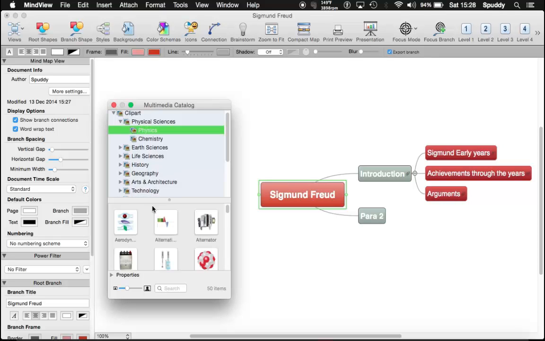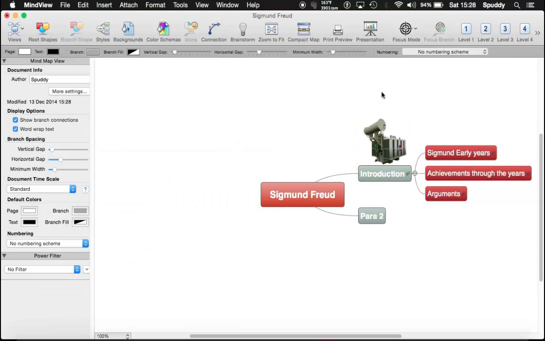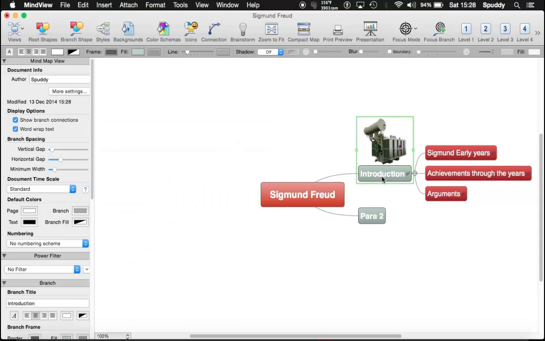Let's go to physics. Let's say I wanted to use a bit of clip art here. I could hold the left button and then drag it where I want it. As you can see, if I drag it to the right, it will attach as an add-in, in other words, as a paperclip. If I put it in the middle, it then locks in as clip art on the actual symbol to give that visual mapping. Now let's look for Sigmund Freud,